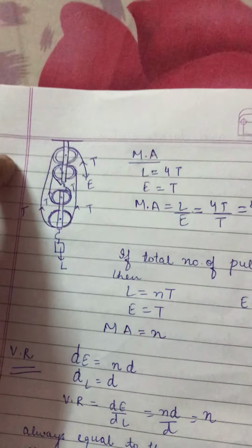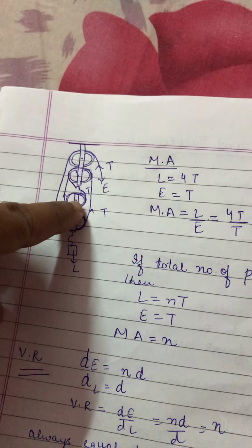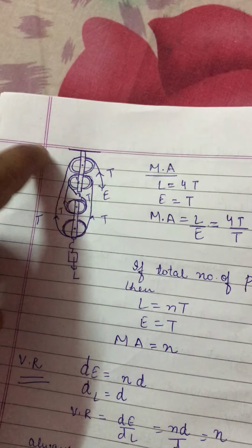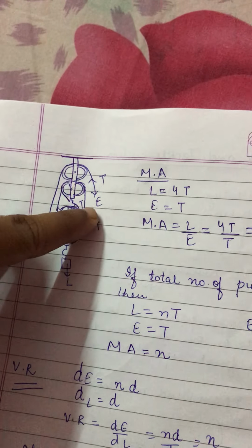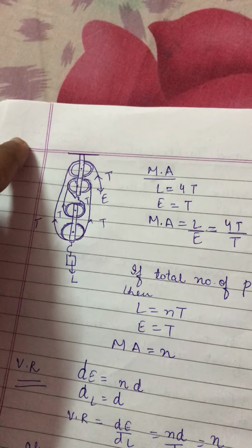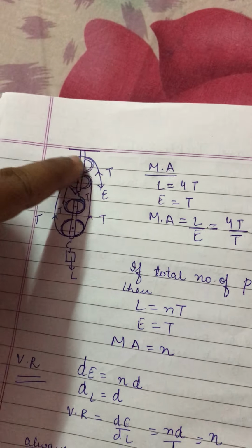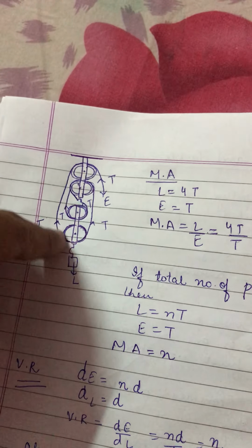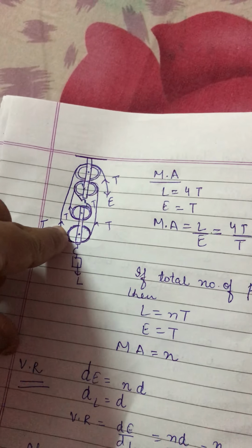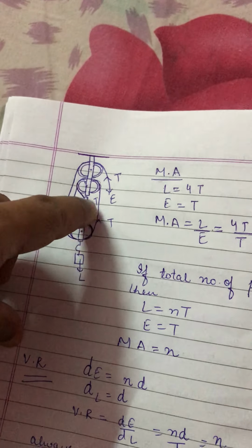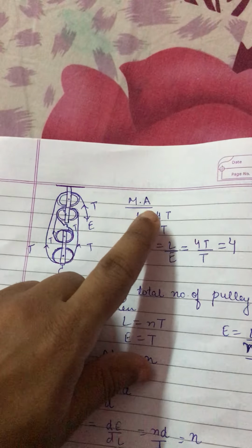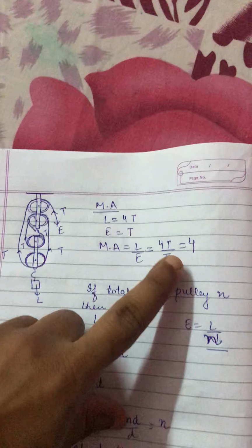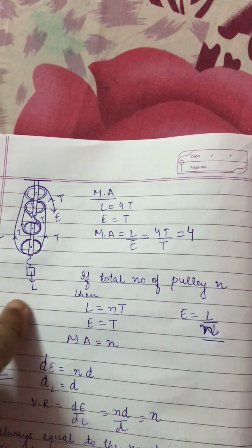ऐसे ही हमारे पास another case है. Here we are having 4 pulleys. Here it is more clear how that tension part is. Now here what we are having, equal number of pulleys. This E is balanced by this T. E is equal to T. लोड के लिए हमारे पास कितनी टेंशन है उस लोड को मैनेज करने के लिए? See, 1, 2, 3 and 4. So L is equal to 4T. Mechanical advantage coming out to be 4.